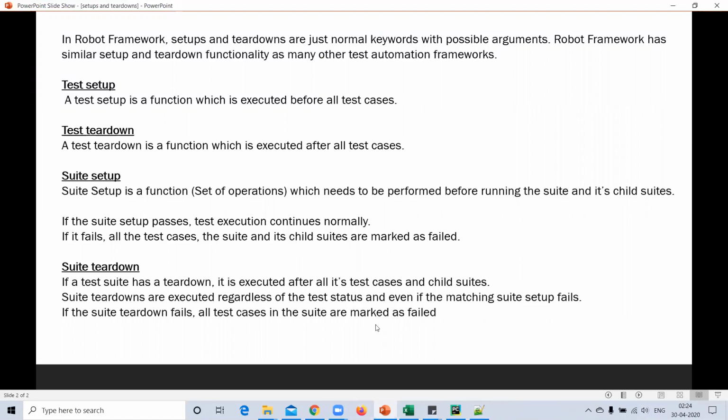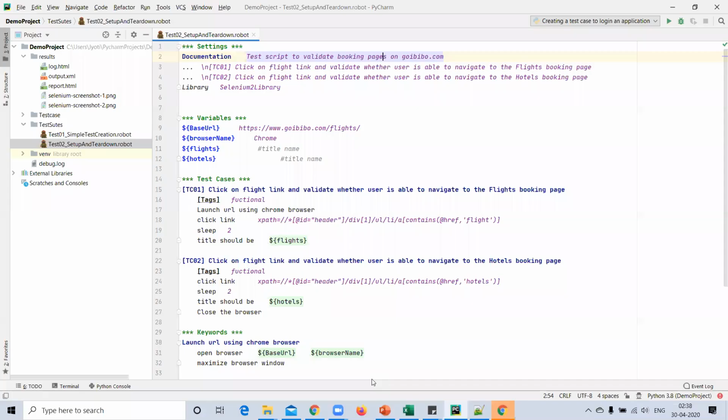Now coming to the implementation part of test setup and test teardown, suite setup and suite teardown. Here I have created two scenarios to validate booking pages on goibibo.com.